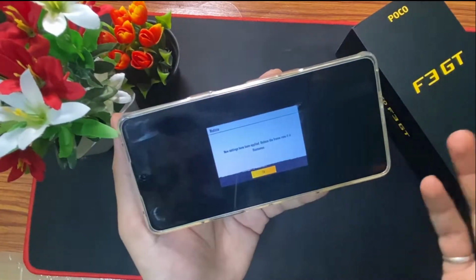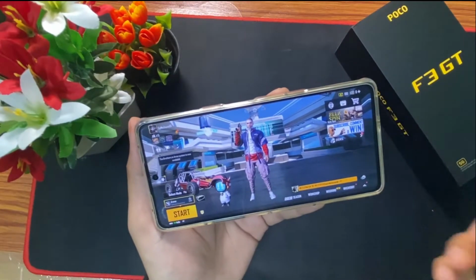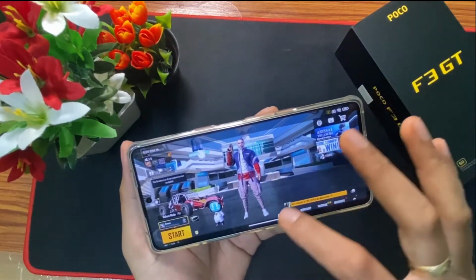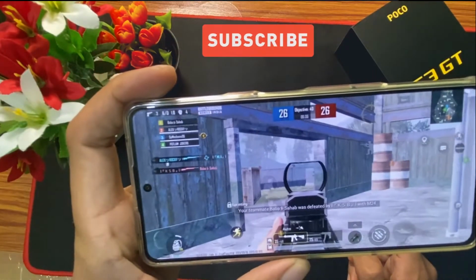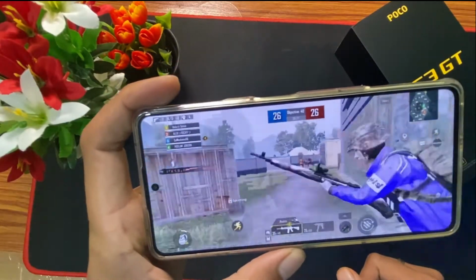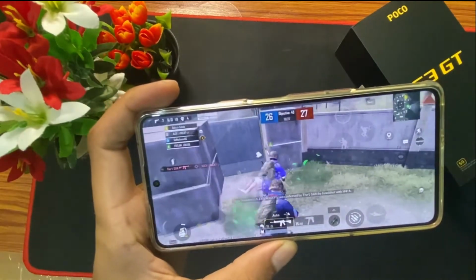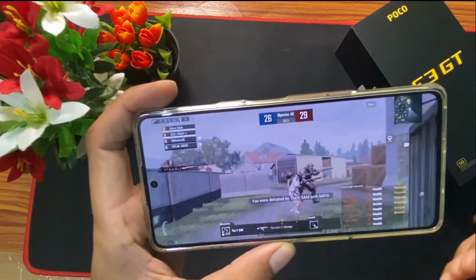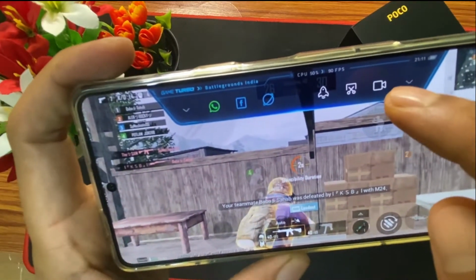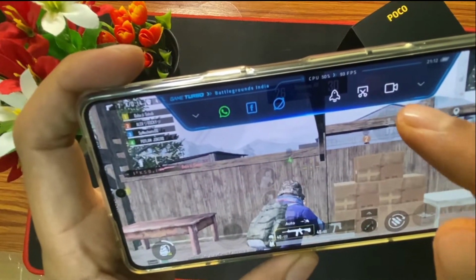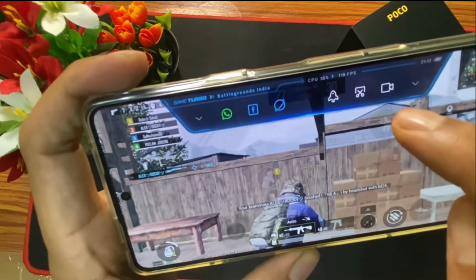So now that the 90 fps option is enabled for my Poco F3 GT, let me play a BGMI game and I will tell you whether this device is able to maintain 90 fps or not. So guys, I played a TDM match with smooth plus 90 fps, and as you can see, this is the screen recording of the gameplay. And if you see the frame rate using the game turbo mode, this device was able to maintain 90 fps constantly, and I did not have any issue. Even the gameplay was buttery smooth without any issue.